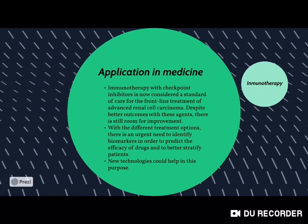Now, for application in medicine, we need to know about immunotherapy. This kind of treatment has proven to be an asset in this pathology. Immunotherapy with checkpoint inhibitors is now considered a standard of care for the frontline treatment of advanced renal